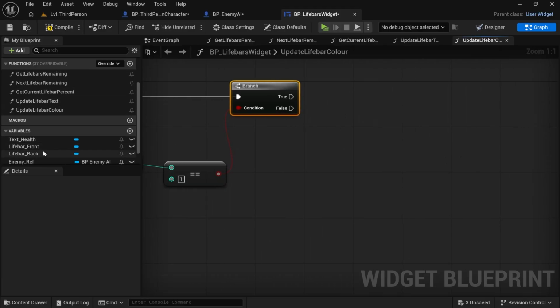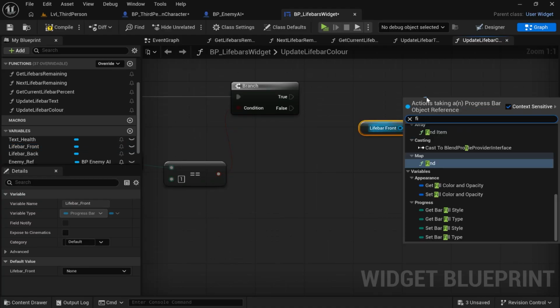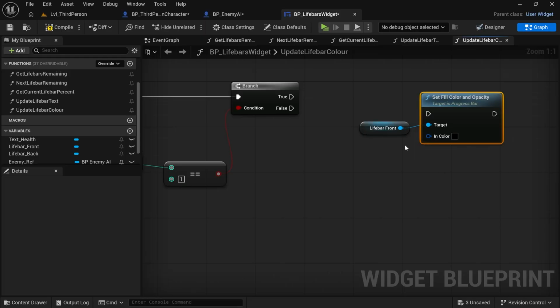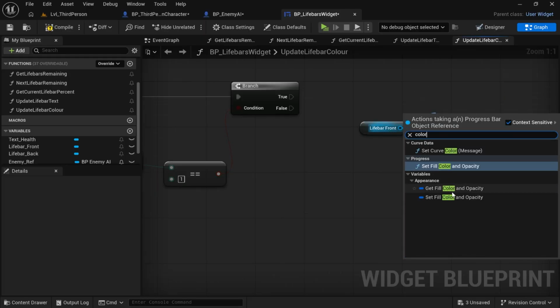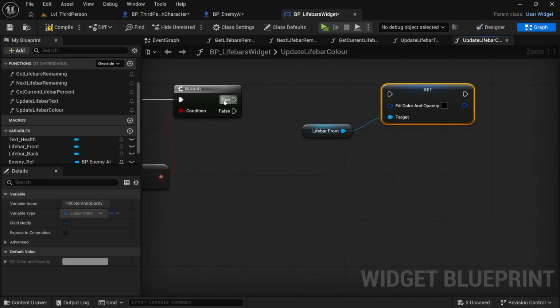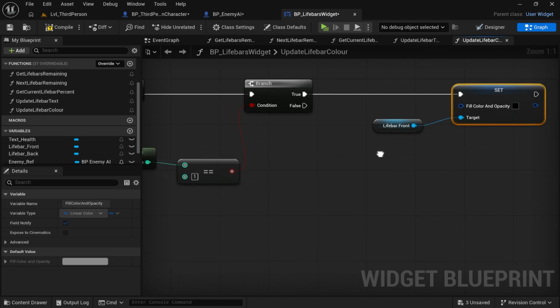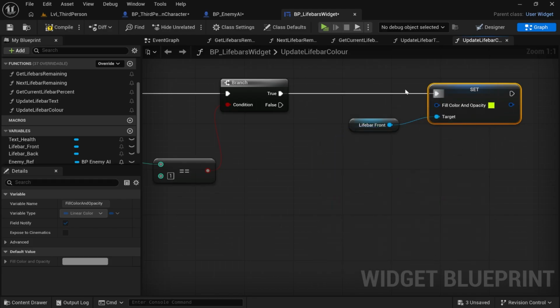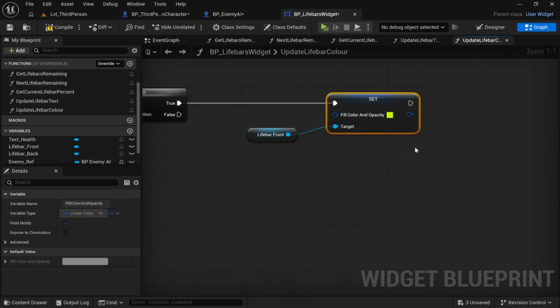All we need to do is drag life bar front and then fill, like color. I think we can just use this one instead. So for the last life bar, I'll just set it as yellow. You can set any colors that you want, any colors that are totally different from the ordinary colors like white and gray. As for the